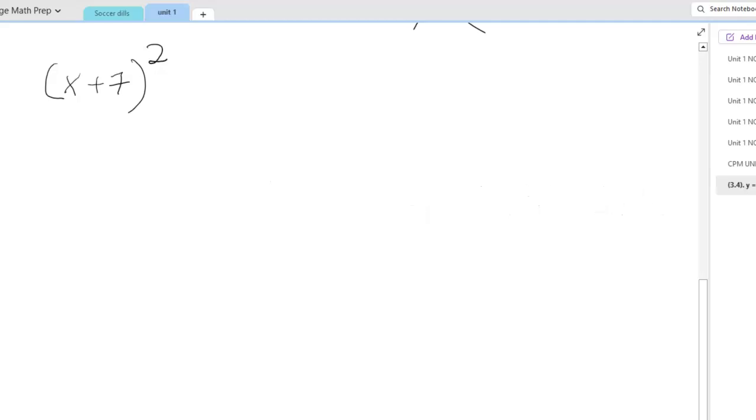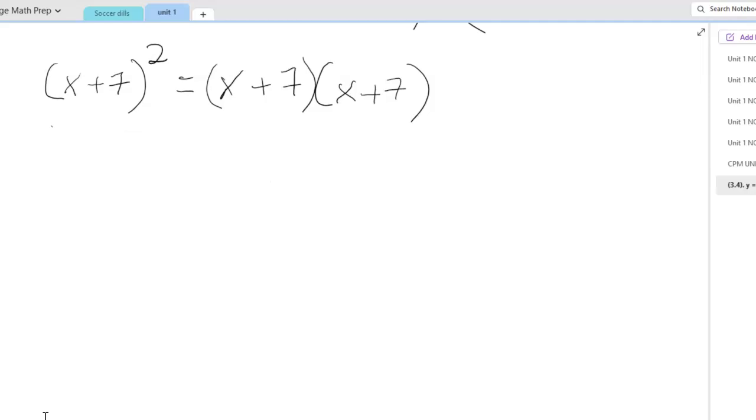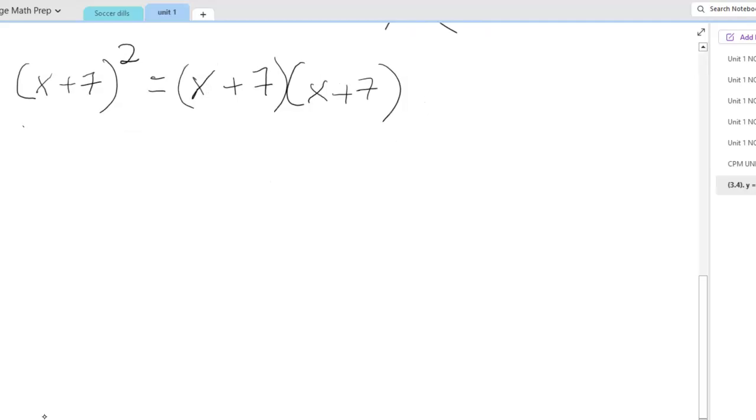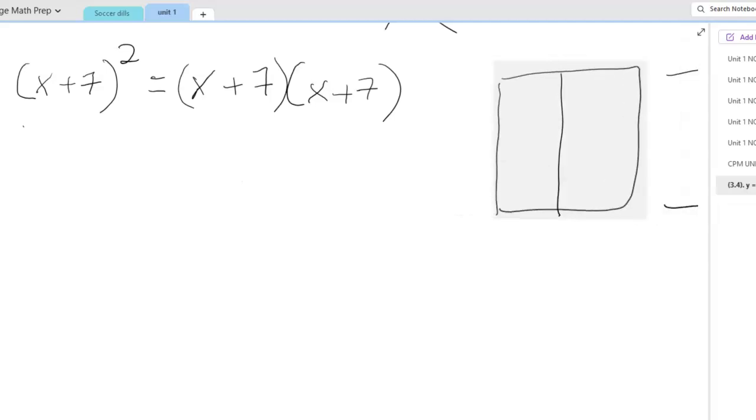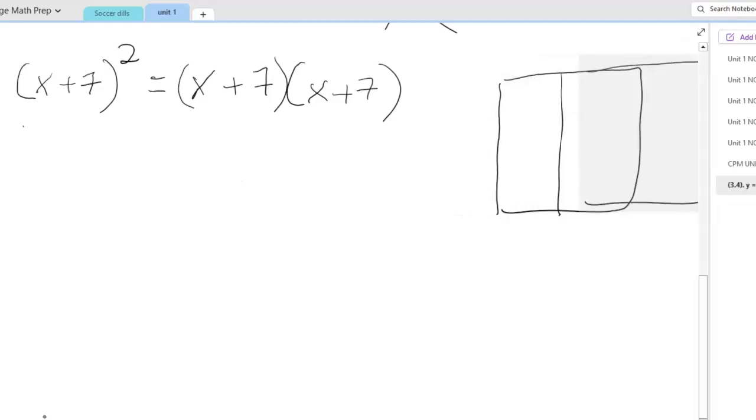In this problem here, we did this in class, you will recall. This right here is the same as saying x plus 7 multiplied by x plus 7. That's what it means to square. And the method I told you was probably the easiest that you may have been shown before was the box method. And, whoa, what just happened there? That's not good. Let's put that like there. Okay, so,